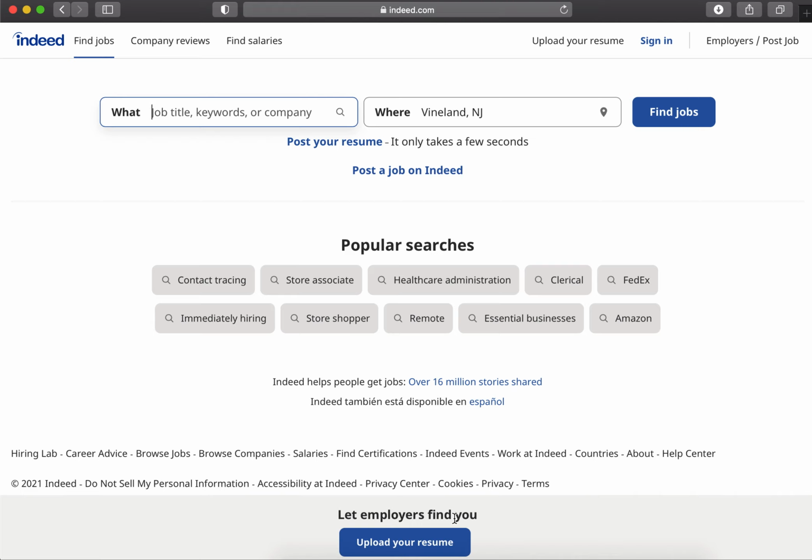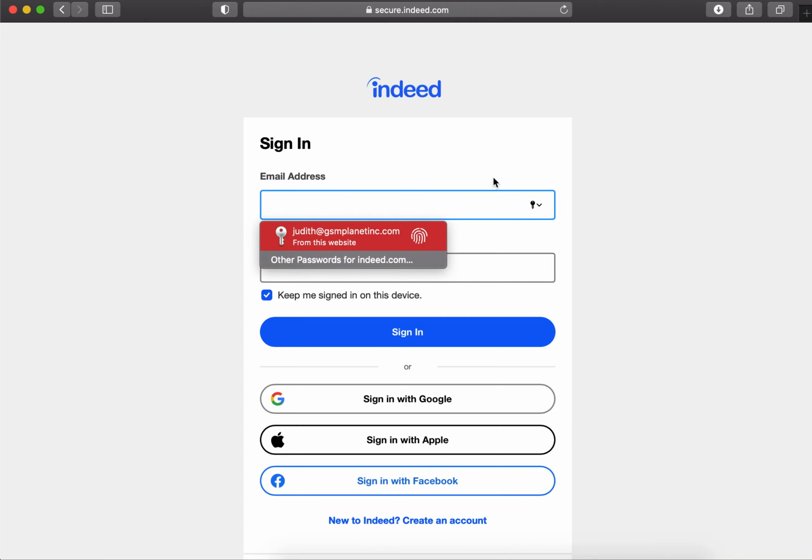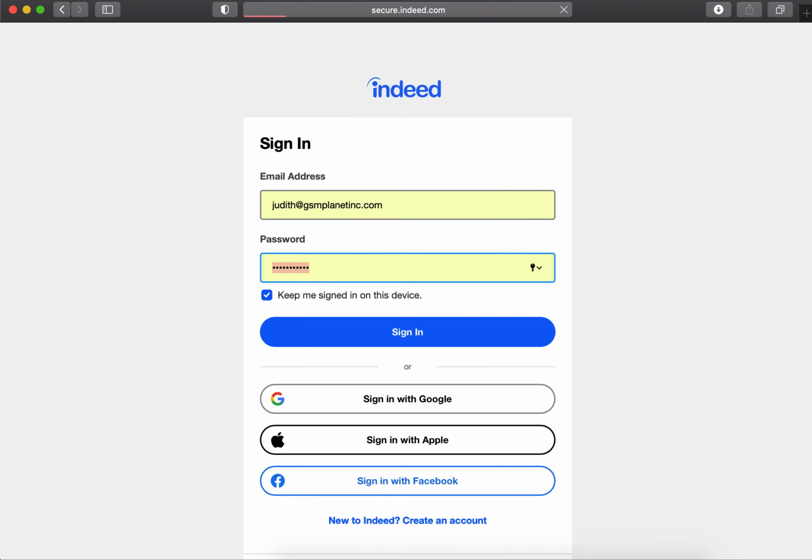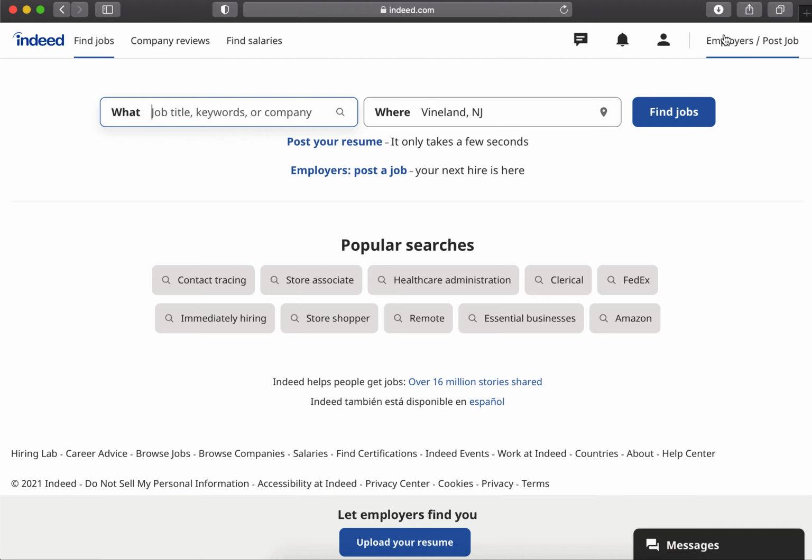I will teach you how to post an ad on Indeed. So first of all, we begin with signing in. My information is already preloaded, so I'm going to sign in there and make sure you hit employers/post job,